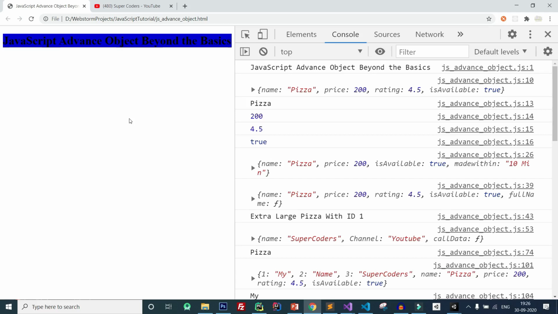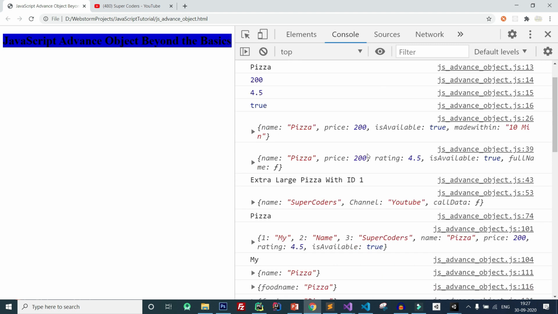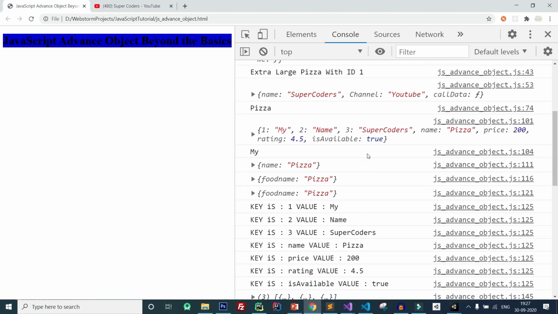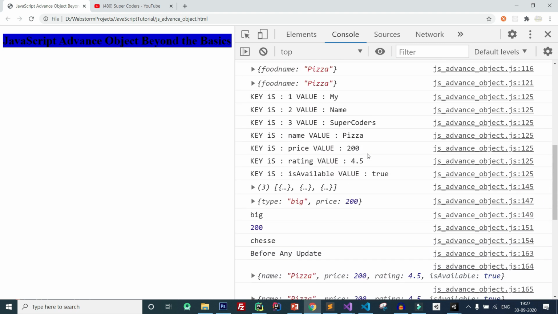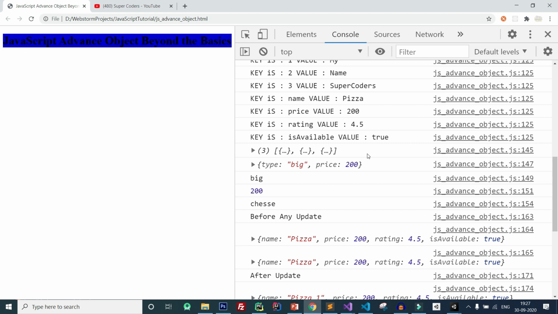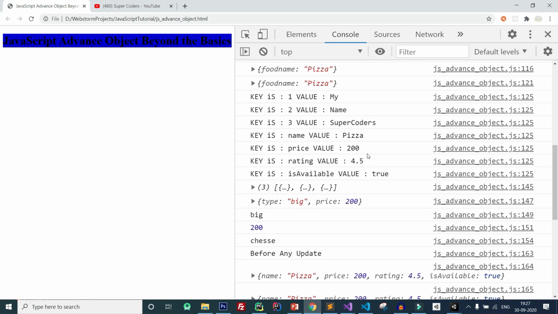So today I am going to cover JavaScript objects, a complete tutorial beyond the basics. It contains topics about how you can create a JavaScript object, how to work with objects, how to access data in objects, how to create objects with nested data, how to access data using a for loop, how to use object destructuring, how to use the spread operator in objects, how you can create dynamic key name objects, how you can use the this keyword inside objects, and how you can create a function inside an object, and lots of things come in this tutorial.